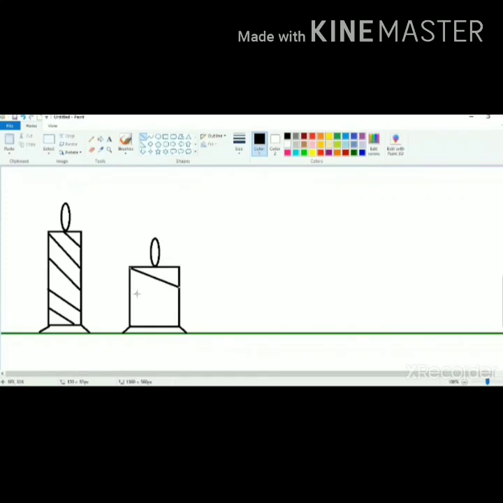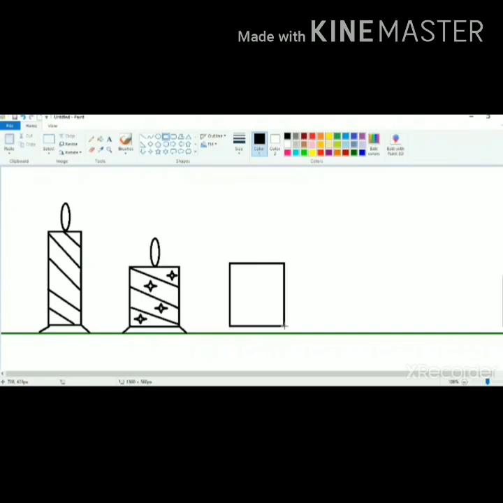Firstly, I am going to draw slanting lines like this. And now I am going to take this diamond shaped tool and draw it in between the slanting lines. So this way my candle looks more beautiful.